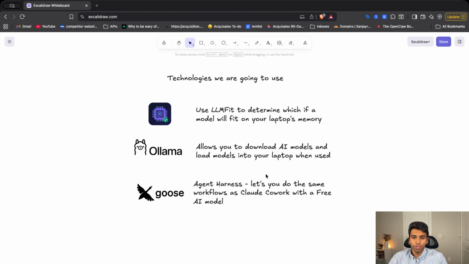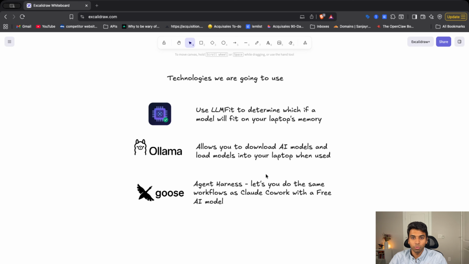The third tool we're going to use is Goose. Goose is a direct one-to-one comparison between the Claude desktop app and Claude Cowork and what we're trying to build with this open source alternative. Goose is an open source agent harness developed by Block. This is the company that created those Square point of sale solutions. What Goose is going to allow us to do is to actually take the model that's hosted locally on our laptop and start using that model for any sort of workflows that we're trying to automate using AI. So this is the actual harness. Consider this like Claude Cowork. And then the model, instead of using a Claude model, we're going to be using the model that we download